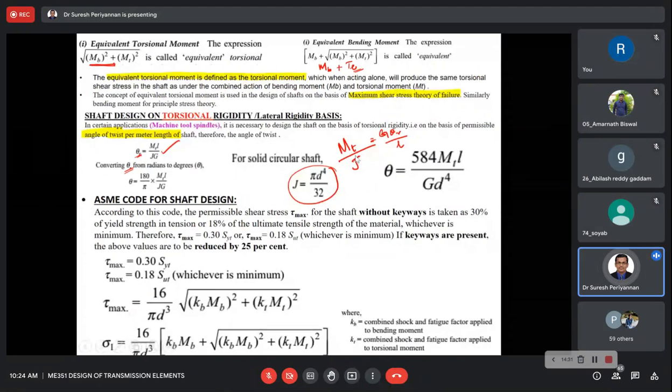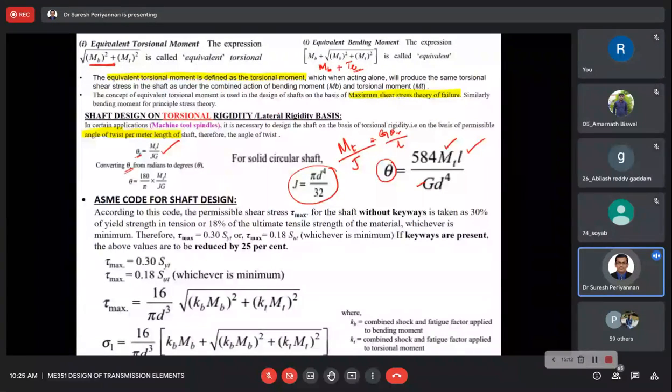Okay. Now from this relation we are able to find out the theta. Now we know the angle of twist, how much angle of twist the shaft is going to undergo in the application. If we know the angle of twist, and we know how much twisting moment, how much torque we are going to apply on the shaft, the length of the shaft, and the material property, I mean the shear modulus of the shaft material, then we are able to find out the diameter of the shaft. Okay, this is based on the torsional rigidity.